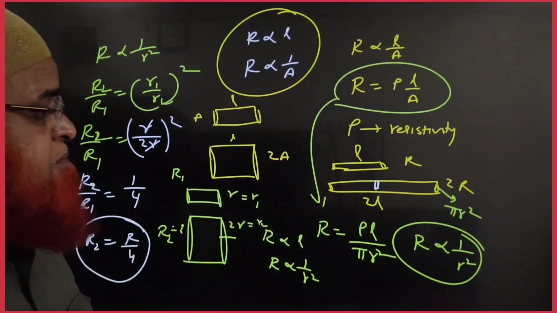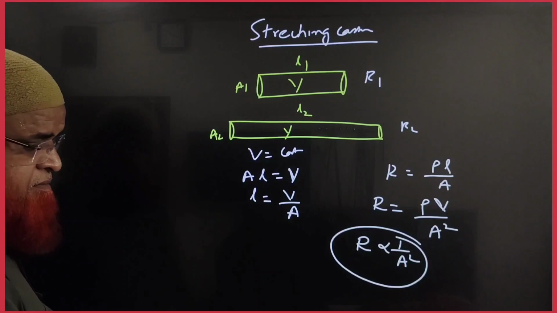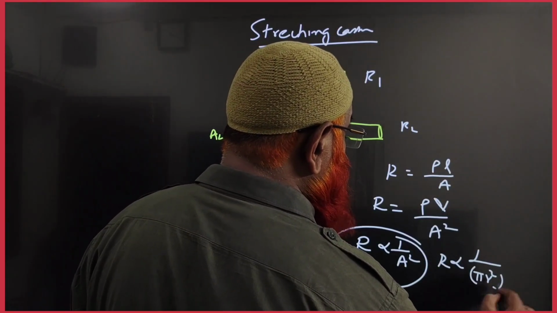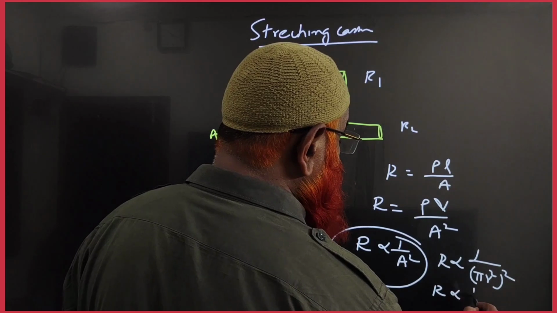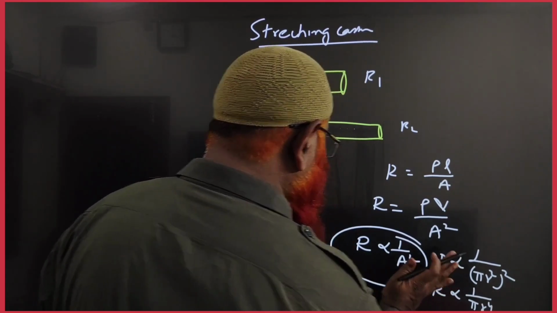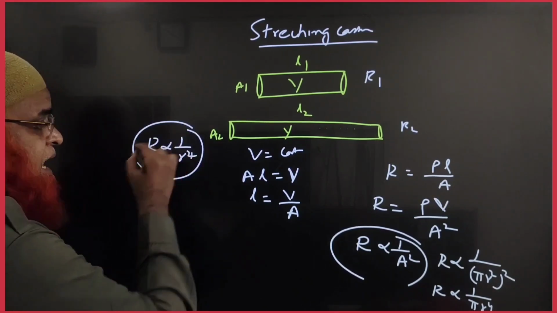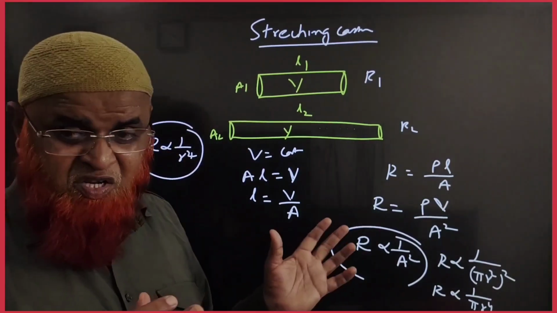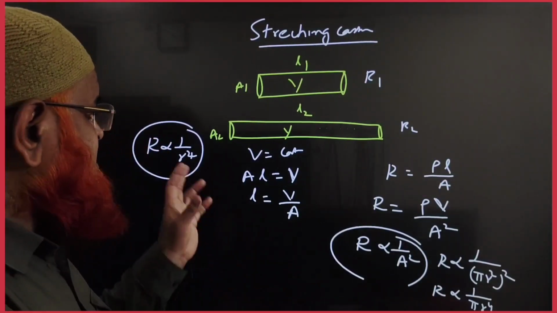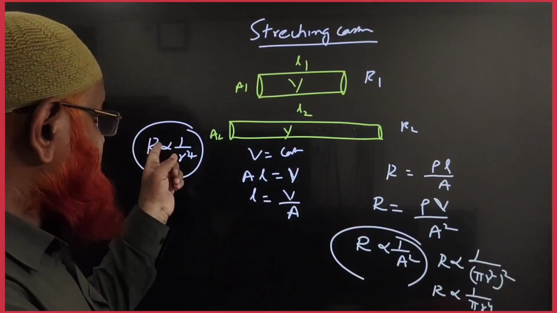Inversely proportional to A. But here in the case of stretching, resistance is inversely proportional to A square. That means resistance is inversely proportional to (pi r square) whole square, that means inversely proportional to pi r power 4. So in this case, resistance is inversely proportional to r power 4, especially in stretching cases. Okay, understood? So this is about the relation between resistance and area of cross section, and resistance and the radius